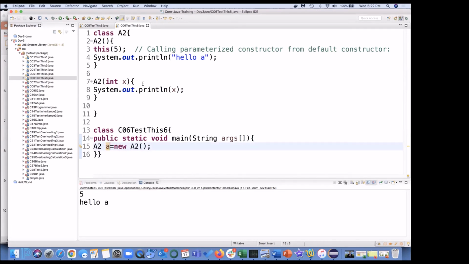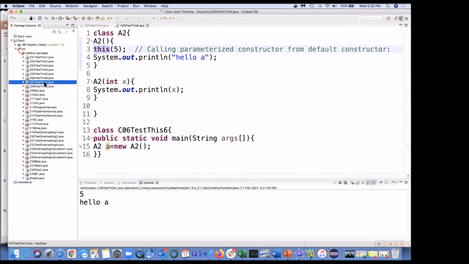But now we can see these two constructors are called. Why? Because within a constructor, if we want to call another constructor, whether parameterized or non-parameterized, we can do it by using the this keyword. Let's move to the next one.